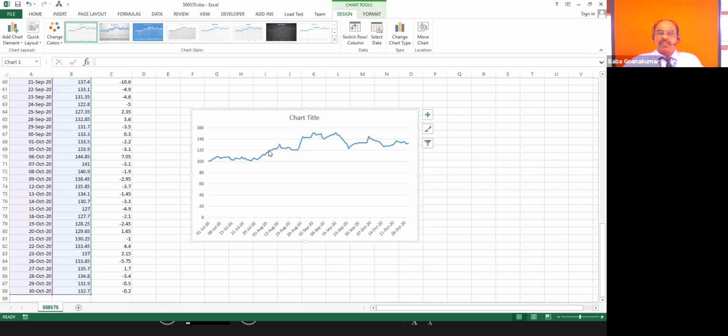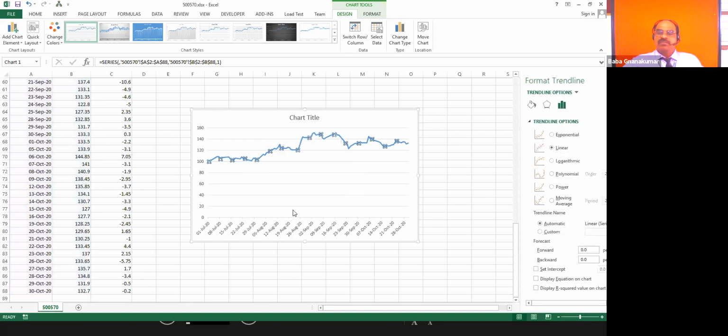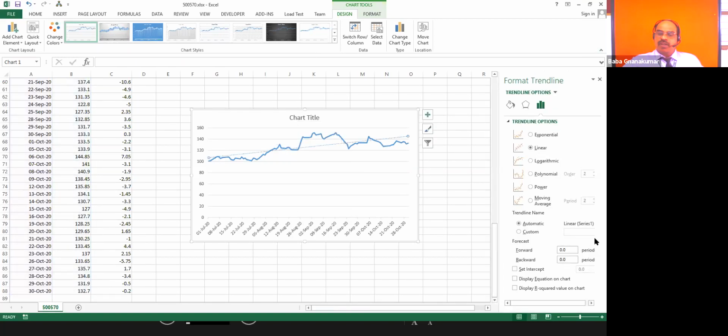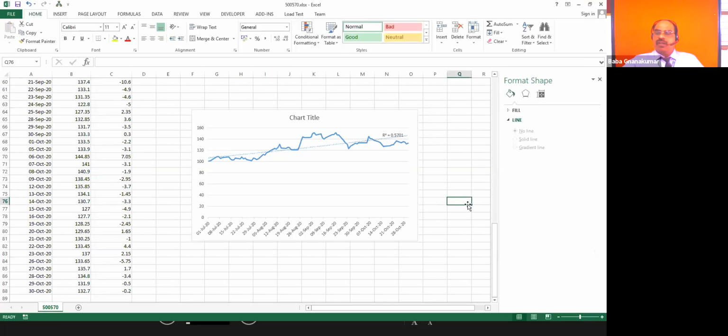You can right click on this curve itself and add trend line. You can see the trend line options down there. Exponential means it will go directly in an upward direction. Linear, logarithmic, polynomial, power, moving average, all these are there. Let us see whether we can go for exponential. One by one, we'll see exponential. So I am going to display the R square value. See that now.